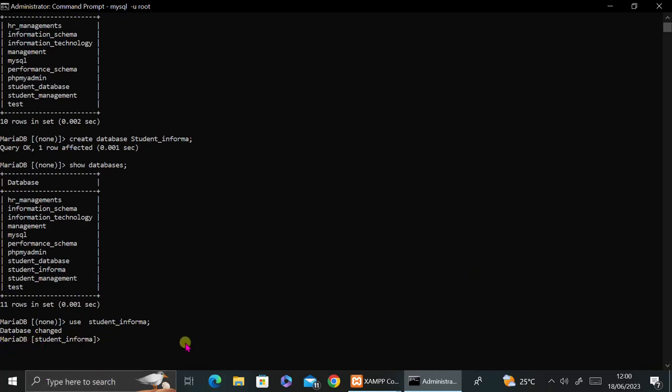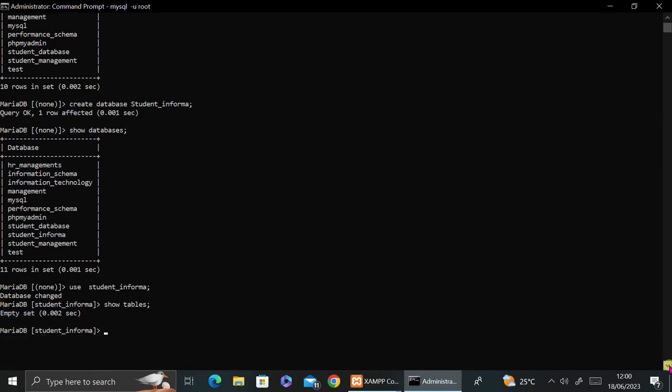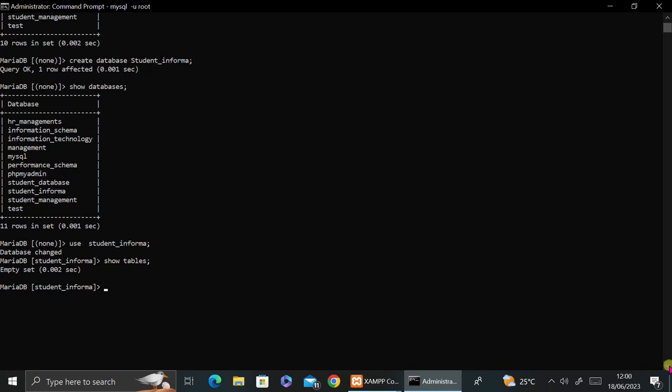So what we need to do is create a table in this database that we created, because if you come here and say show tables, with empty set, it does not mean that our database is not in existence, but we don't have a table within the database. So we create our own table, create